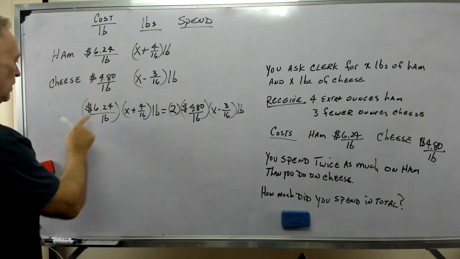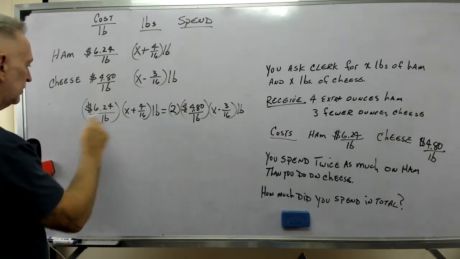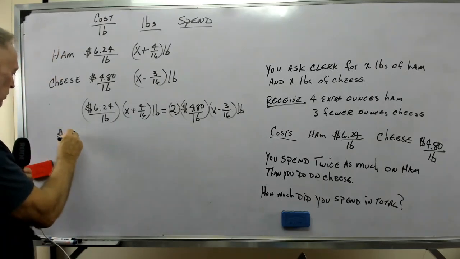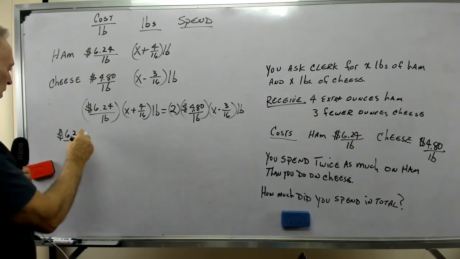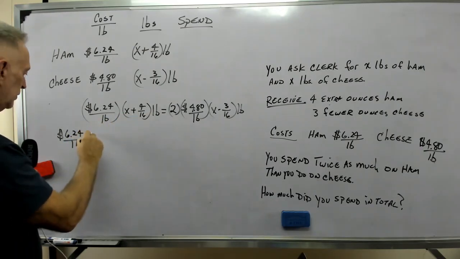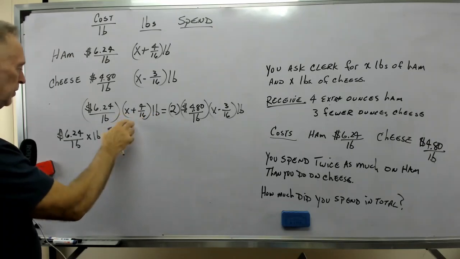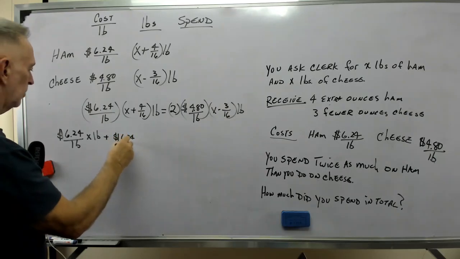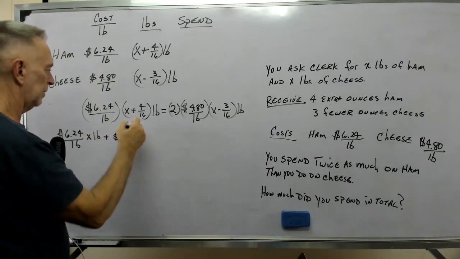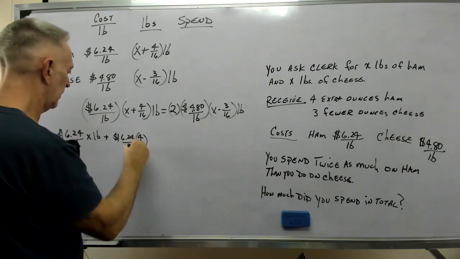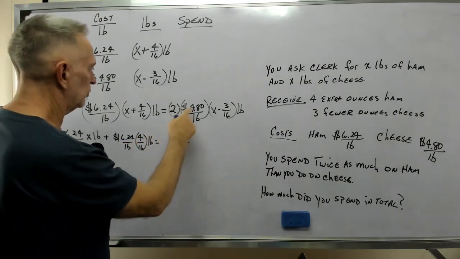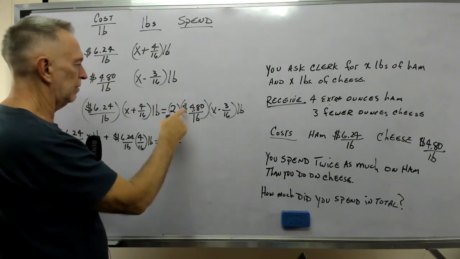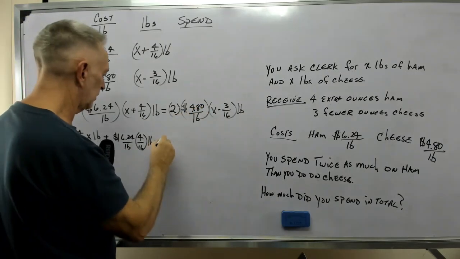All right, so 6.24 per pound times X pounds. That pound gets distributed through there also, plus 6.24 per pound times 4/16 pounds. And that equals, I'm going to multiply the 2, 2 times 480 would be 960 times X. So it's